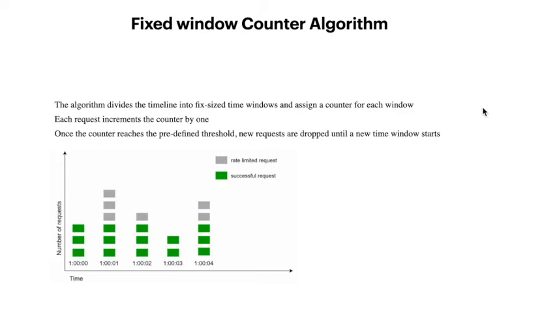Okay, if you see the image, for every minute or for every second you can process 3 requests, so you have a fixed limit of 3. If in that minute you get more requests than your limit, then those will be dropped. In this image you can see that within 1 second you are able to process only 3 requests. Here you got 6 requests but you are able to process only 3, so the remaining 3 will be dropped.